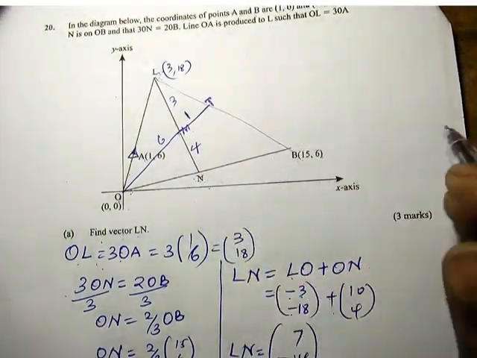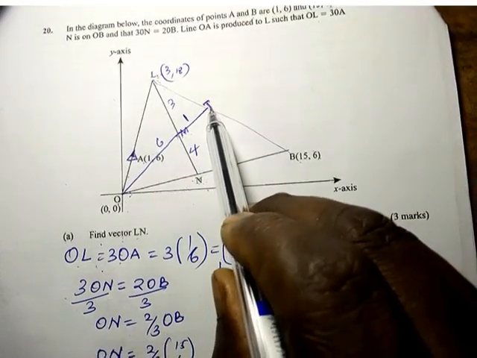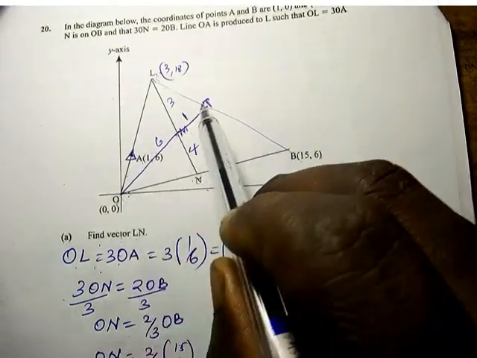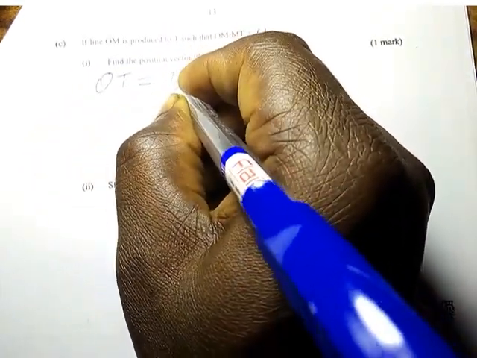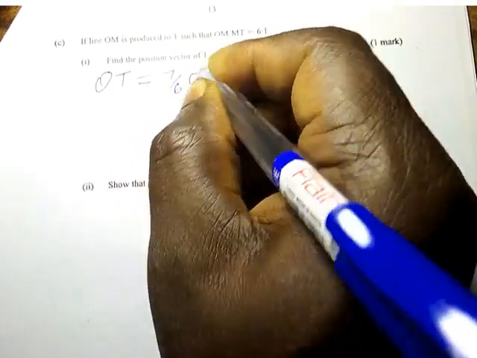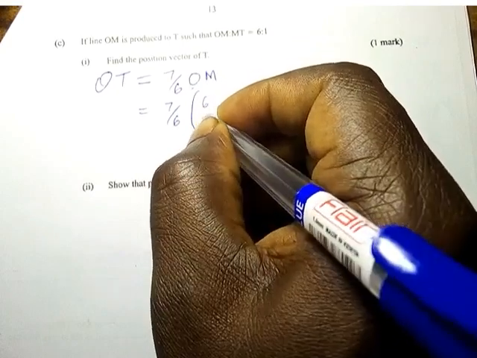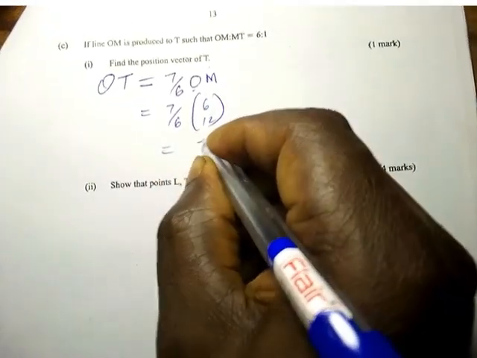They are asking us to find the vector of T, so we are going to look for OT. OT is equal to 7 over 6 OM, which is equal to 7 over 6 of (6, 12), which is equal to (7,